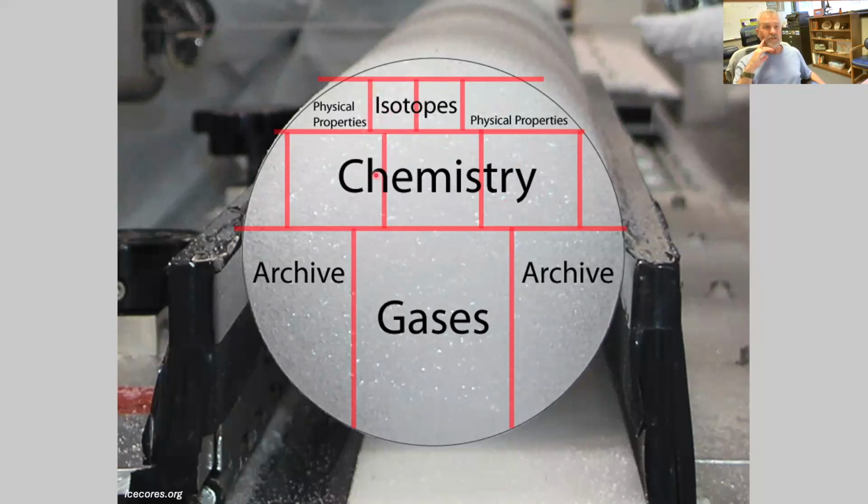And what they're doing is trying to get some duplication in some areas so they can look at different things, right? They'll have one section that is exclusively going to be used for scientists that are going to look at gas composition in the air bubbles that we talked about. There's going to be some that are going to be archived in case we want to go back and look at those again as our technology continues to improve. They'll look at the chemistry of the ice and other contents within the ice. They'll look at isotopes that we're going to talk about today. And also they'll look at the physical properties, things like density of that ice.